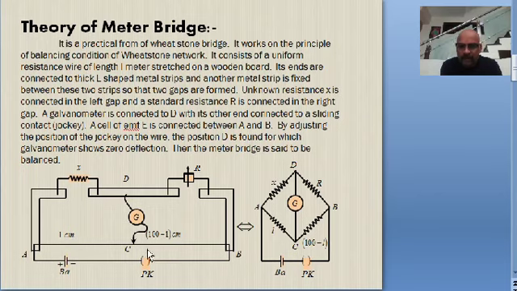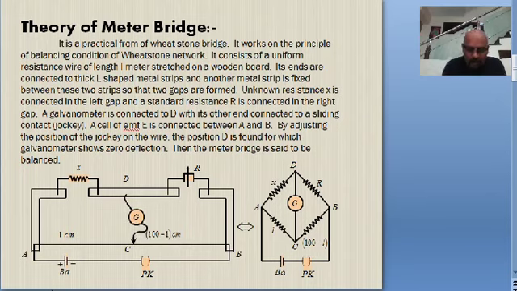And there is one more part, the wire CB, whose length is 100 minus L, because the total length of the meter bridge wire is 1 meter or 100 centimeter. So the resistance of the AC part of the wire is proportional to L centimeter, and the resistance of the CB part of the wire is proportional to 100 minus L. These are the 4 resistors.